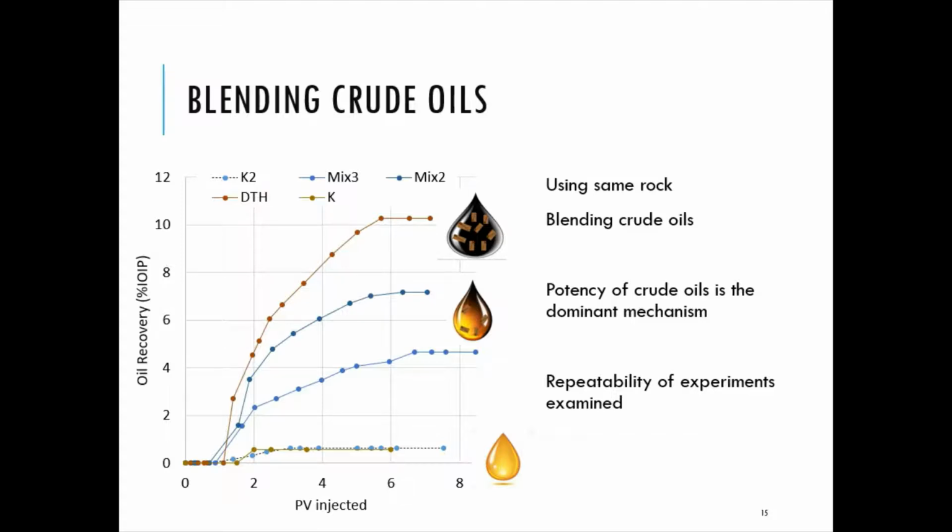One is called mix 2, one is called mix 3. Mix 1, mix 2 and mix 3 are the ratios of the mixture between the impotent and the rich one. And you can see that by varying the ratio of the blend,